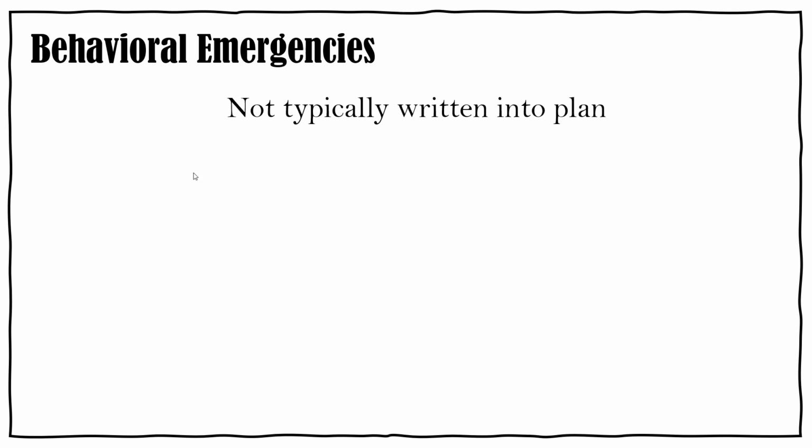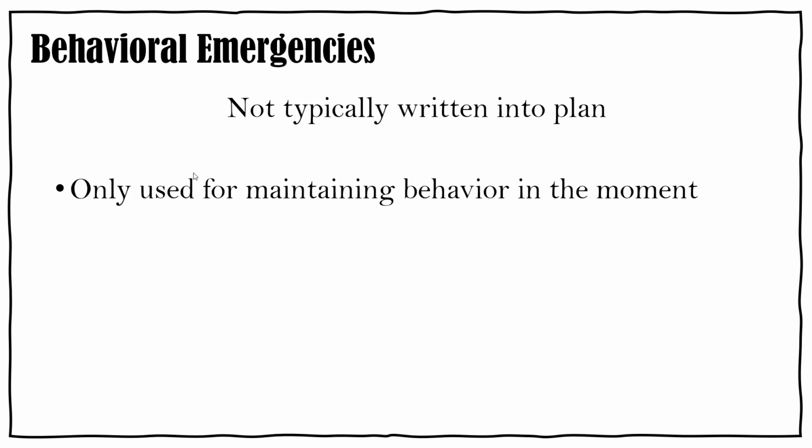And so these are for those emergencies where the behavior has escalated to where it's just really dangerous. So these crisis management procedures are only used for maintaining safety in the moment. These are reactive procedures, not used to eventually decrease the problem behavior. These aren't your typical differential reinforcement strategies and things like that. These are emergencies to deal with the behavior in the moment, to reduce that behavior as quickly as possible